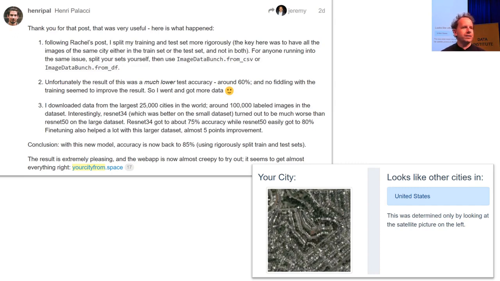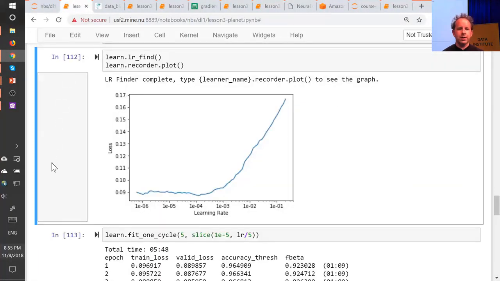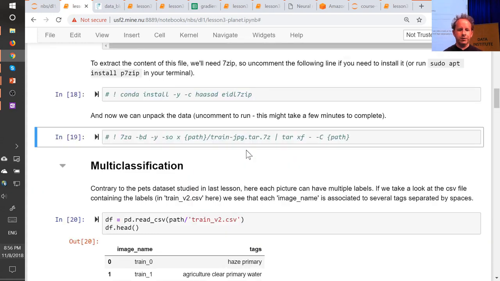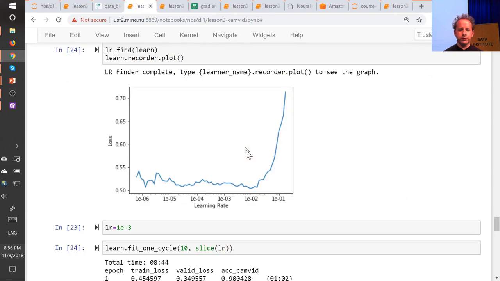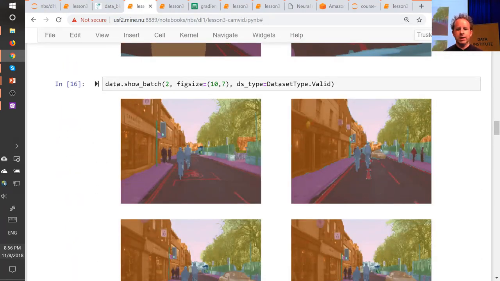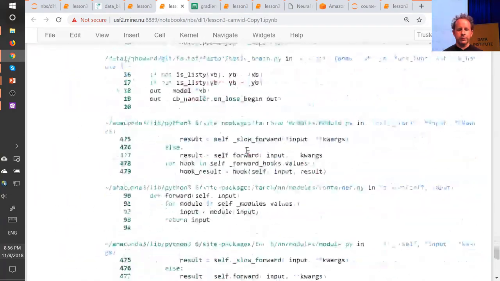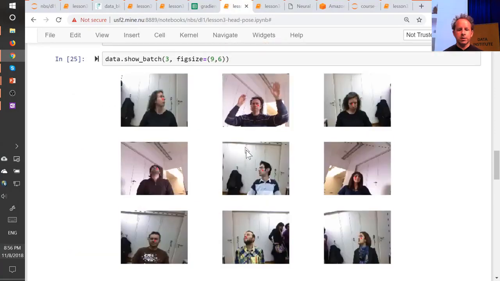But the cool thing is, the exact same steps we use to do single label classification, you can also use to do multi-label classification, such as in the planet. Or you could use to do segmentation, or any kind of image regression,